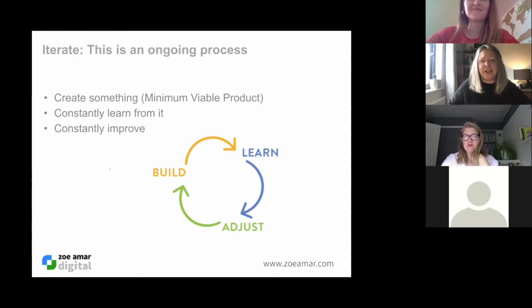I think the key thing about iteration is it's a culture change more than anything else. You need to develop a culture of iteration, and it's something that needs developing within your organization. It's really easy to say that, but obviously we all know culture change is quite difficult to implement. People do not enjoy change on the whole.